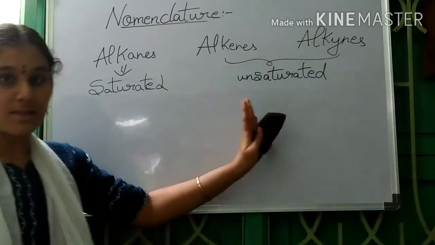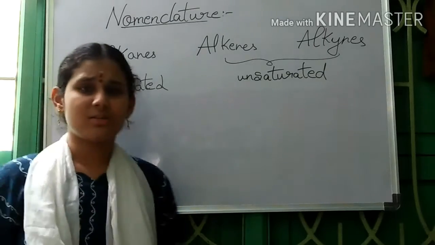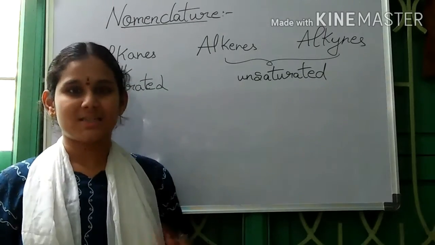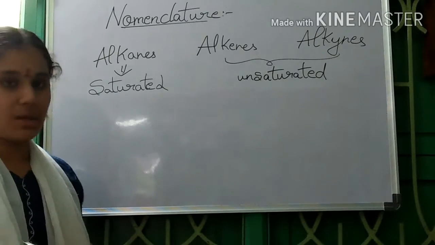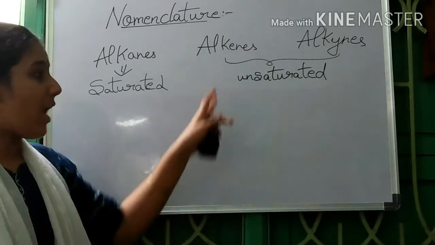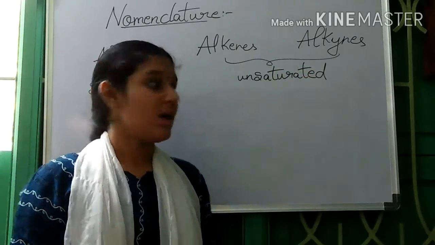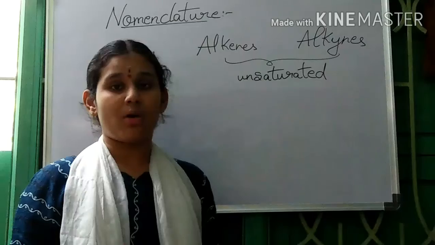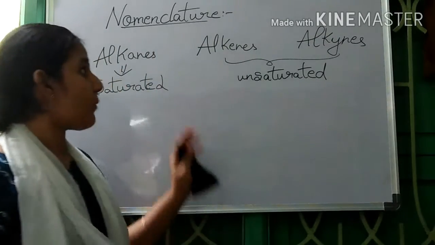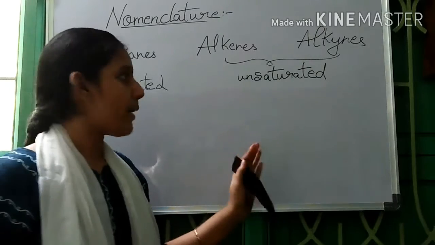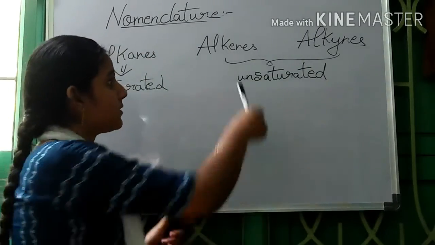Alkenes and alkynes are unsaturated, whereas alkanes are saturated. Unsaturation means a sense of instability, means they require something more to get stable. That is, in alkenes and alkynes, there is a multiple bond between carbons. To form a multiple bond, we require a minimum number of 2 carbons. So, the minimum number of carbons required to form an alkene or alkyne is 2.